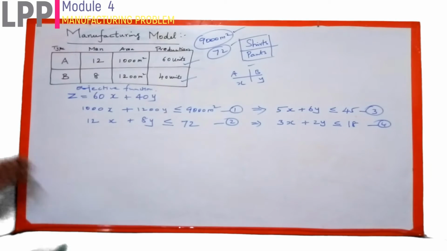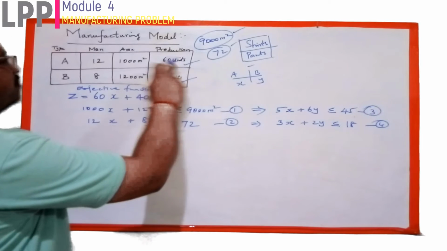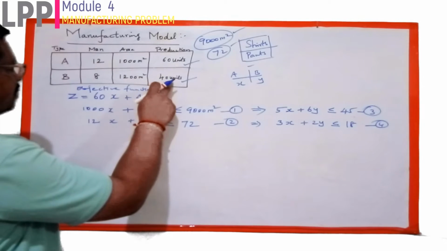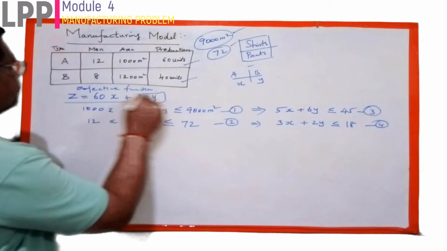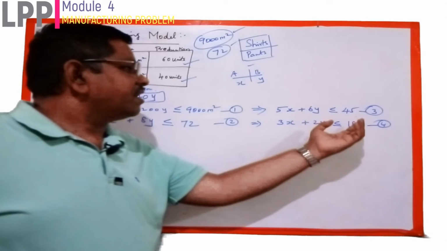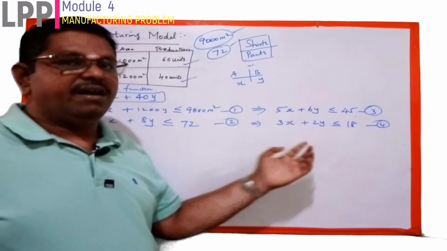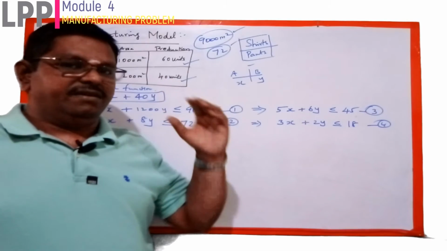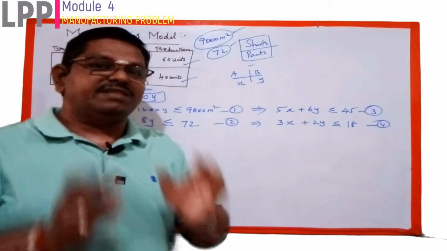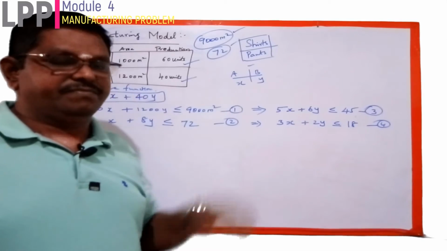Again, one more piece of data is given: the total number of production by machine A is 60, and the total number of production by machine B is 40. So that is only the objective function. We have to find the maximized value of this objective function. For that we have to simplify these two inequations and from that get the feasible region. From the feasible region we get the feasible solution, and with the help of the feasible solution we find the optimum value of the problem.